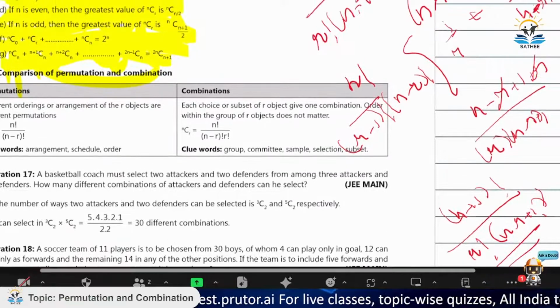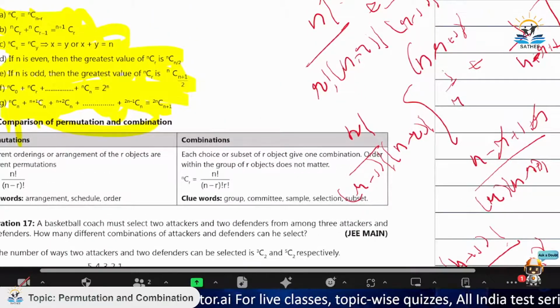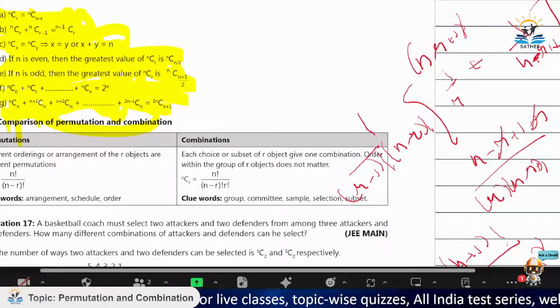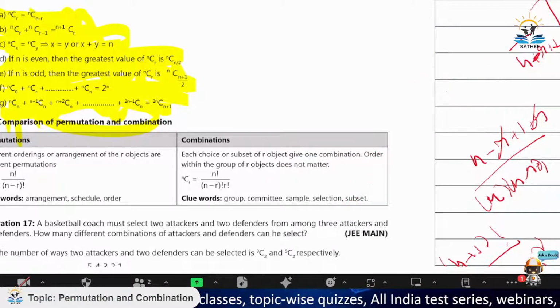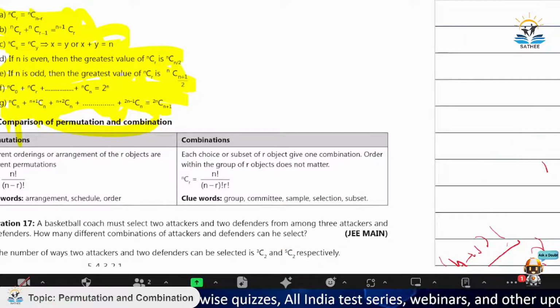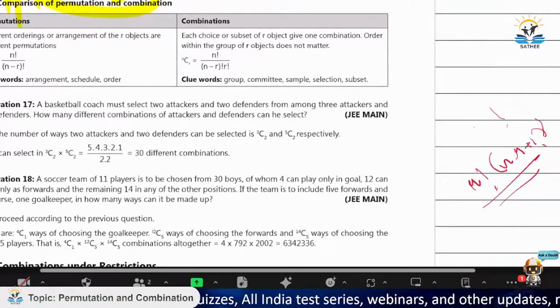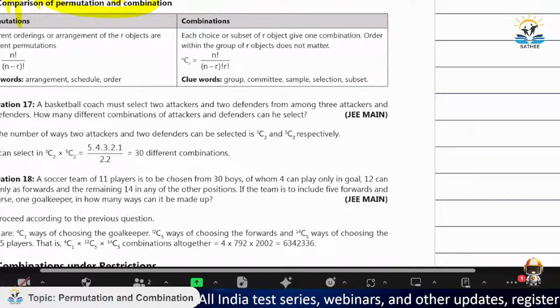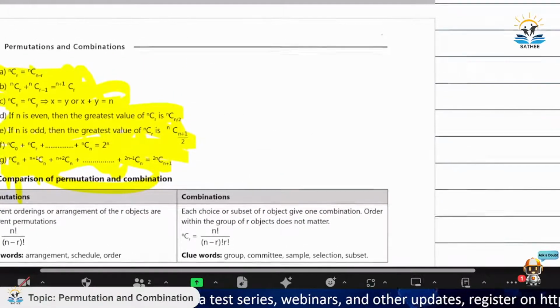So you get it, guys, it's a very simple derivation. Nothing out of the box. Simple algebra, and you take the LCM, so you will get the formula. But I would suggest you remember the formula, because it will help a lot later in solving questions directly, right? Now moving on to the next property. If you have some time, we'll go about it.